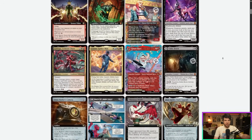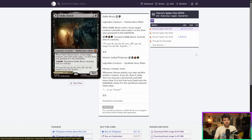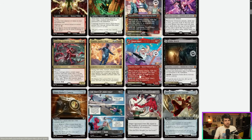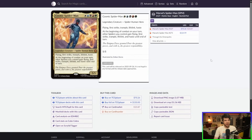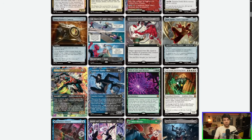But the bulk of this stuff here, this is all just going to be stuff like, if it's a base copy version of a card, I don't care if it's mythic, like this Eddie Brock here, pre-selling for $67. No, sorry, it's not going to stay like that. Cosmic Spider-Man pre-selling for $70. It's not going to stay like that. These early prices of cards,